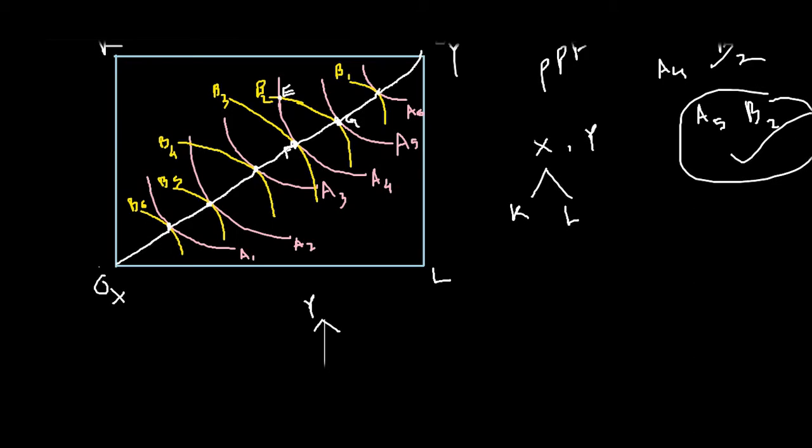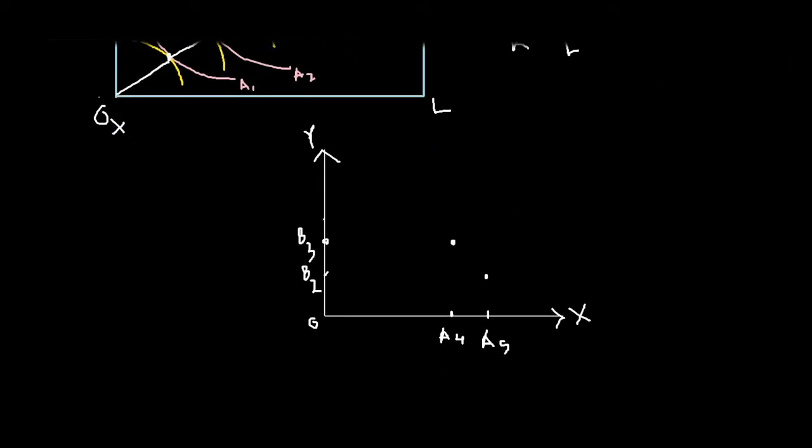Okay, let's denote it here. Let's say this one is B4, this one is B4, and say this one is B5, right? B5, and here also let's say this one is A3, and let's say this one is A2. Okay, this one is A2. Now joining both the two points A2 and B3, we get a point here, right? We get a point here.